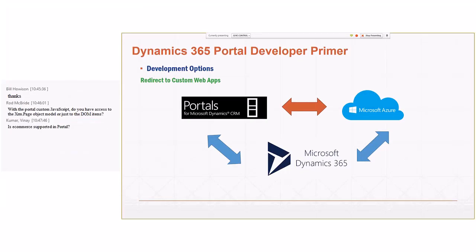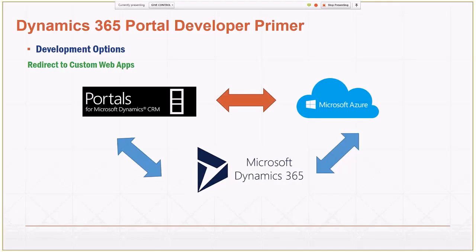What I want to talk about here, as I mentioned earlier, is redirecting to custom web apps. Here is where you could have your portals within Dynamics CRM, and you can display all that information. But if you need something more, here's where we could build something in a custom web app. The example I'm giving is something that we wrote in Azure, although you could write that in other applications, especially with the Dynamics CRM web API, and write that data back to CRM.